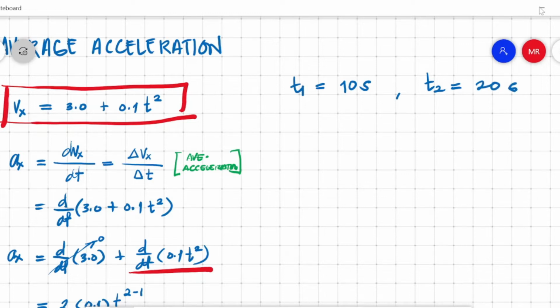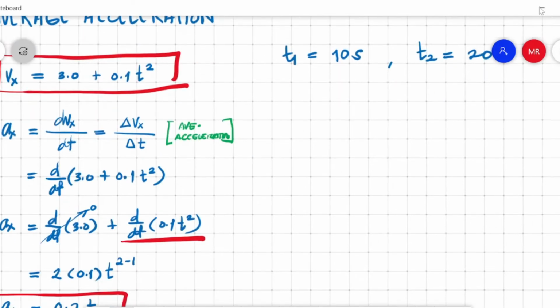There are two ways to solve the average acceleration given this time interval. First, of course, we can solve it using our knowledge that average acceleration is delta Vx over delta